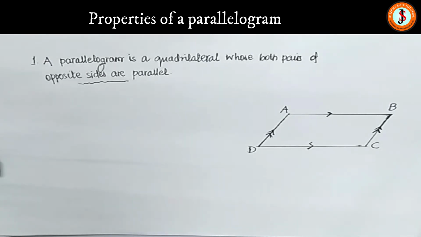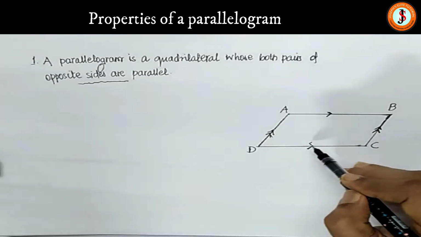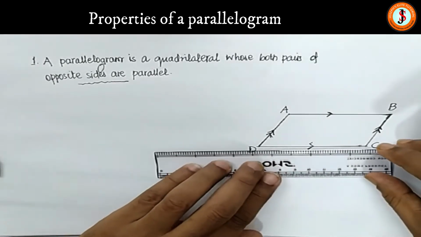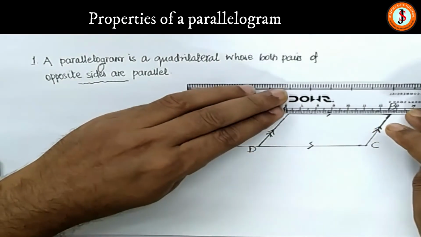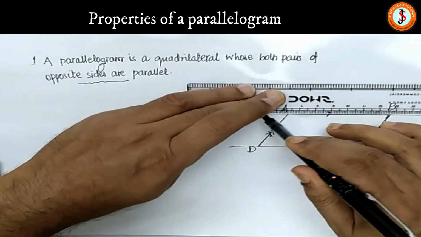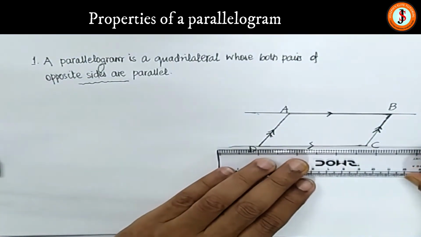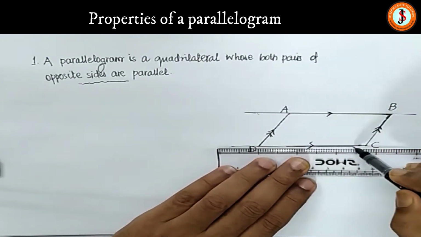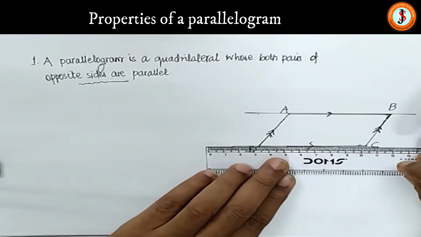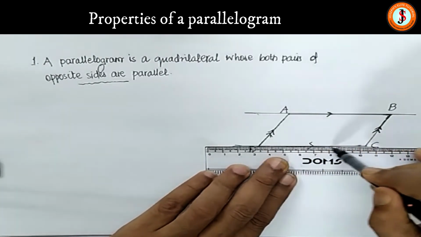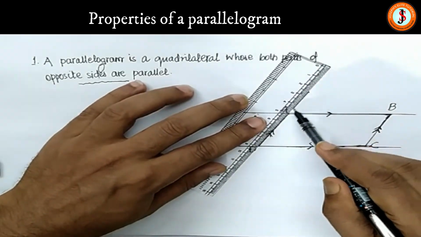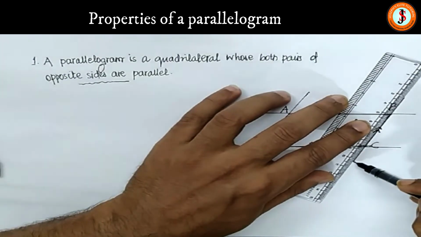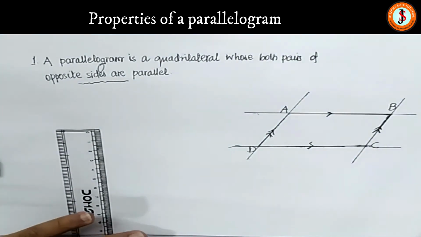So now what other properties can we take out from a parallelogram? Since this line AB is parallel to CD, I can extend this and present it like a pair of parallel lines intersected by a transversal. I can extend this side and see what is going to happen. Let me make the figure a little clearer. This is the case with this parallelogram: it is actually two parallel lines cutting each other, like two railway tracks intersecting each other at a different angle.